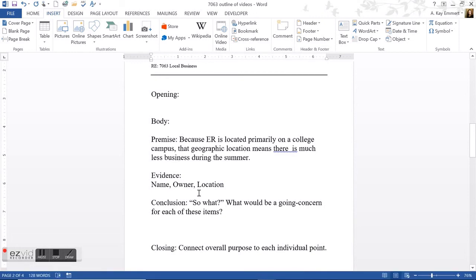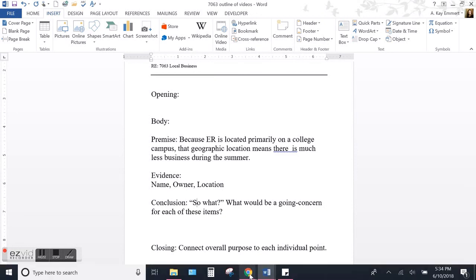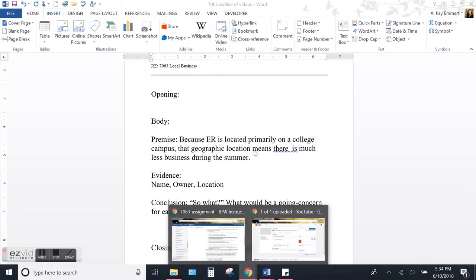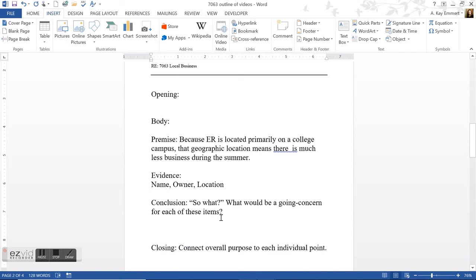So if my body paragraph is about the location, I would want to close that paragraph and make the very last sentence of this paragraph about the location be, what is the going concern about the location? If my next body paragraph is about their main source of revenue, my last sentence of that paragraph would be, what are the main going concerns about the products they're selling?